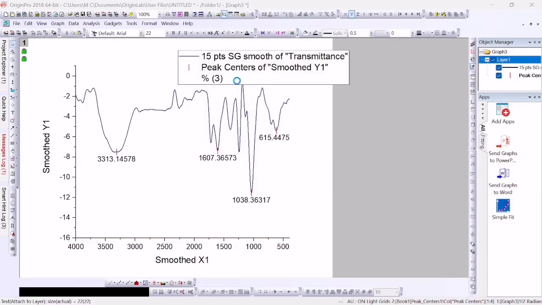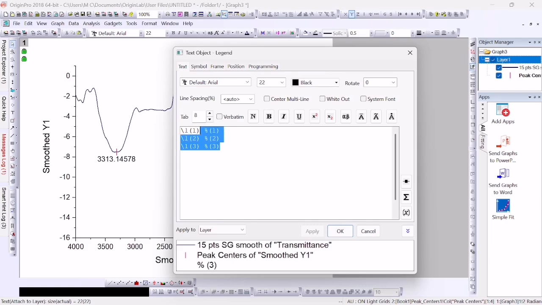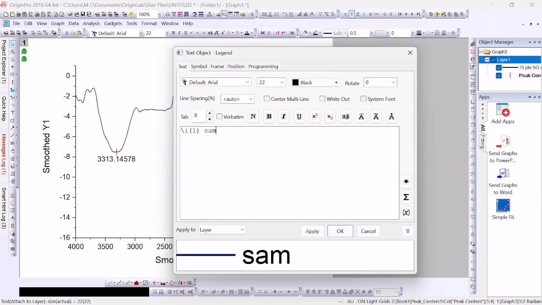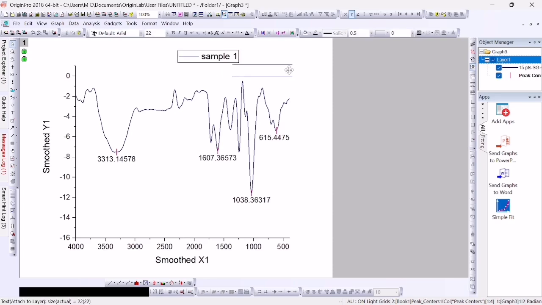Now you have to rename it. Let's name it sample 1. Click on OK and your graph is ready. But here you have to rename your x and y axis again. Write transmittance here, percentage in bracket.